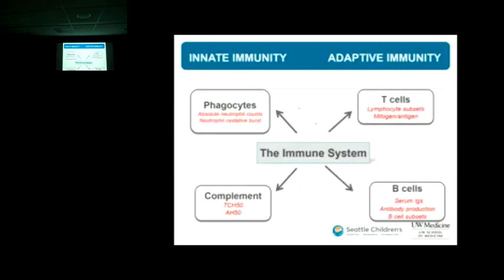To make things very simplistic, we decided to follow the classic teaching algorithm of understanding both defects of adaptive immunity and defects of innate immunity, recognizing that the majority of the defects of antibody immunity are going to be identified by measuring serum immunoglobulins and vaccine responses, that defects of T-cell immunity are characterized mainly by the need and the pathogens related to that are usually intracellular and require activation of T cells, and that the recognition of these T cell defects is going to be by looking at lymphocyte subpopulations and proliferative